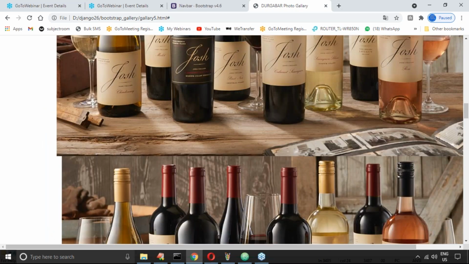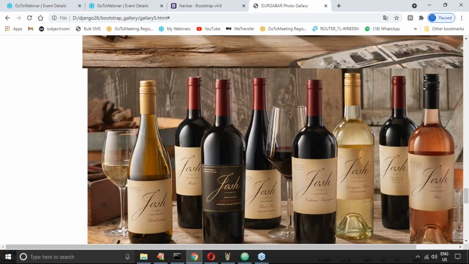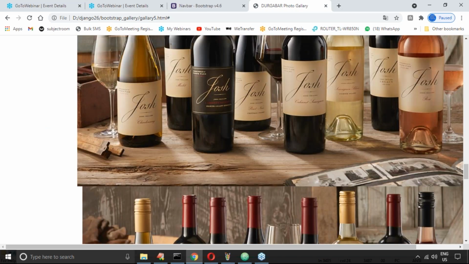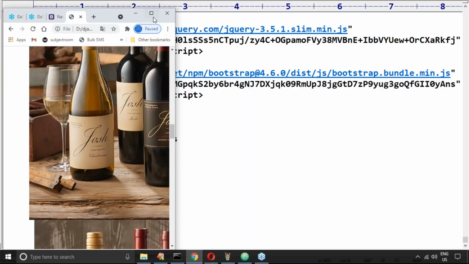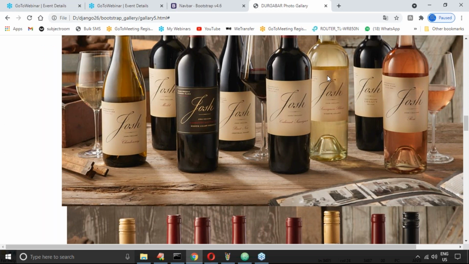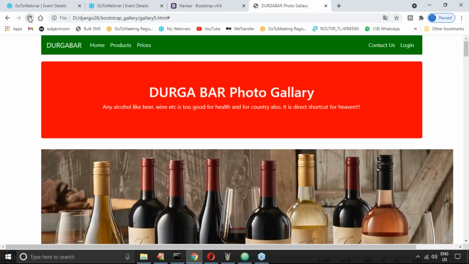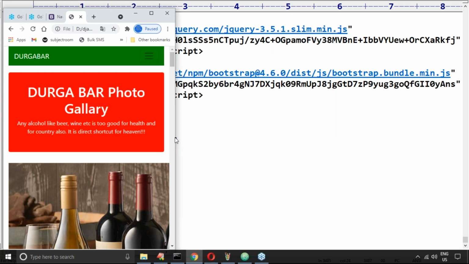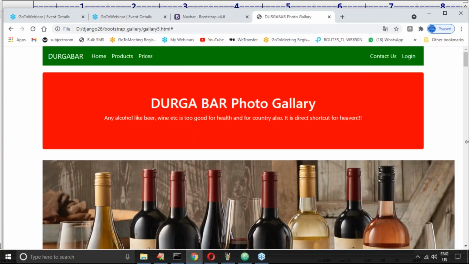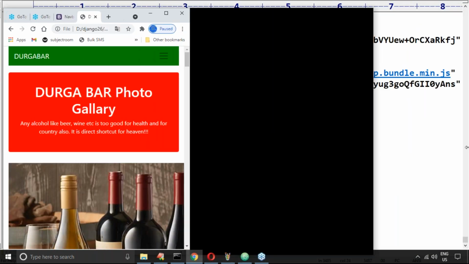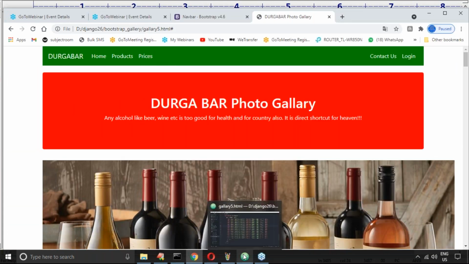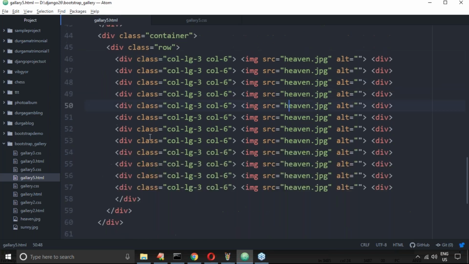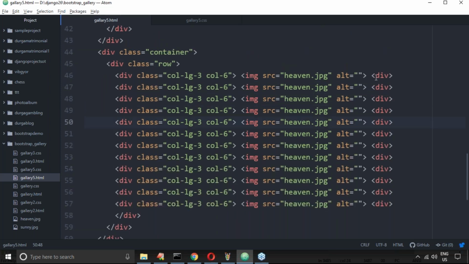What happened? Is it reflecting? Only one image everywhere, right? The div tag is not closed properly. One minute. Here we require a div tag, I have to close it.